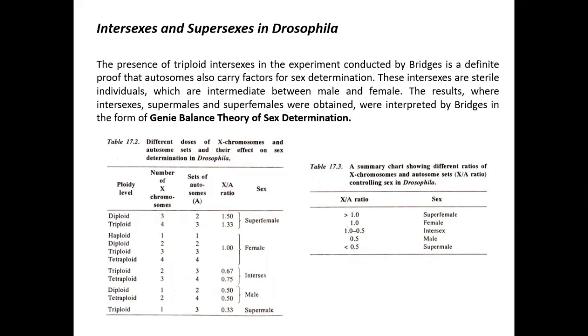So the results, in which intersexes, super males and super females were obtained, were interpreted by Bridges as the genic or gene balance theory we discussed. According to this theory, the ratio between the number of X chromosomes and the number of complete sets of autosomes will determine